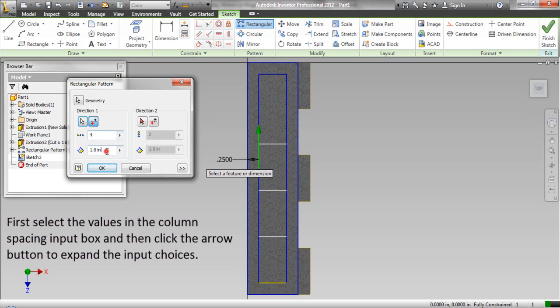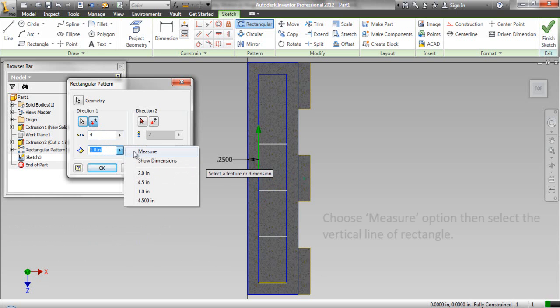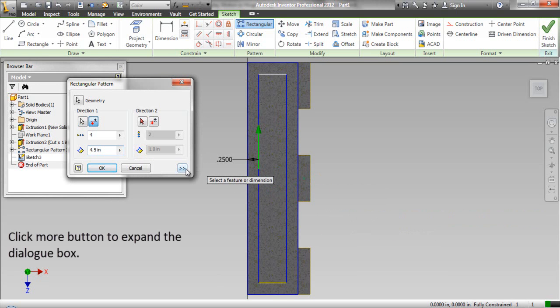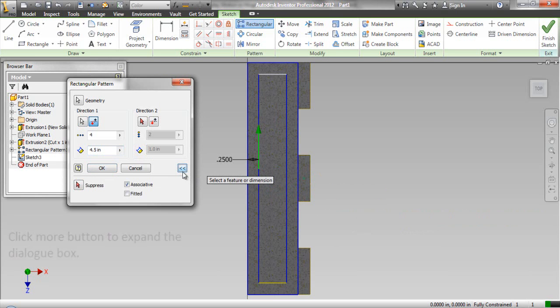Click the arrow button to expand the input choices. Choose the measure option, then select the vertical line of the rectangle. Click the more button to expand the dialog box. Select the fitted option and click OK.